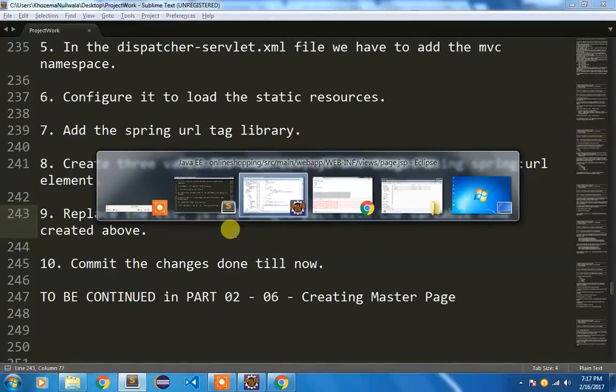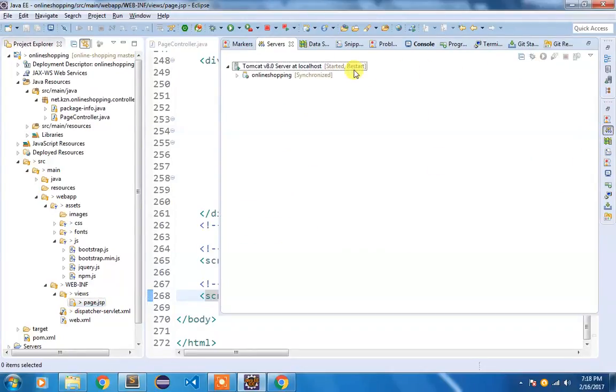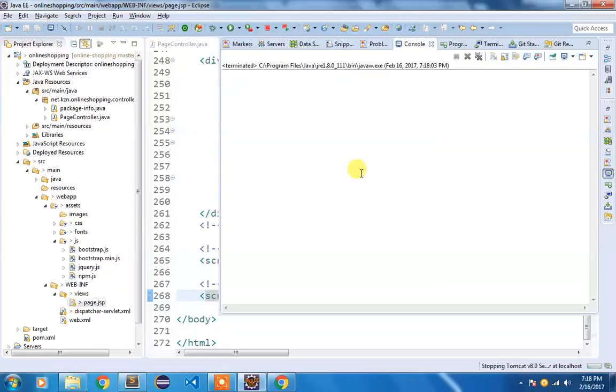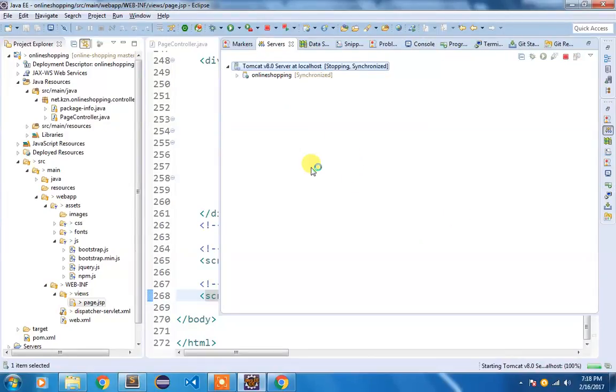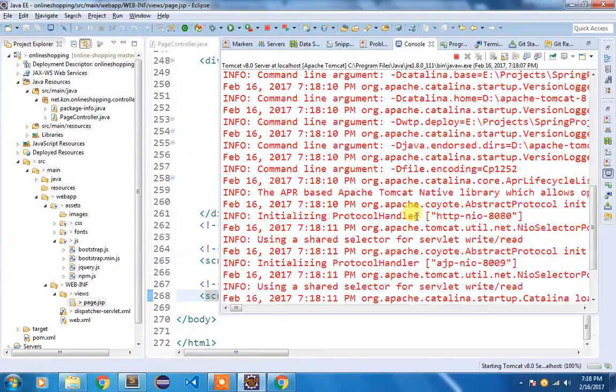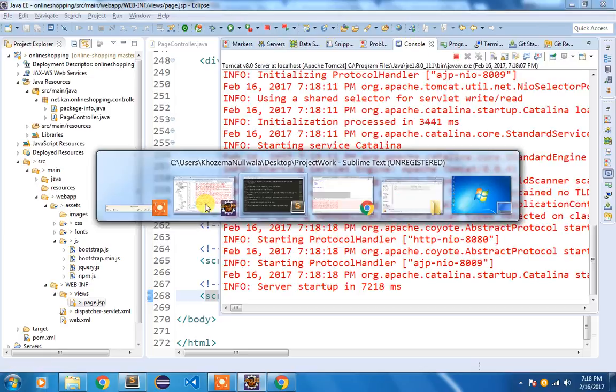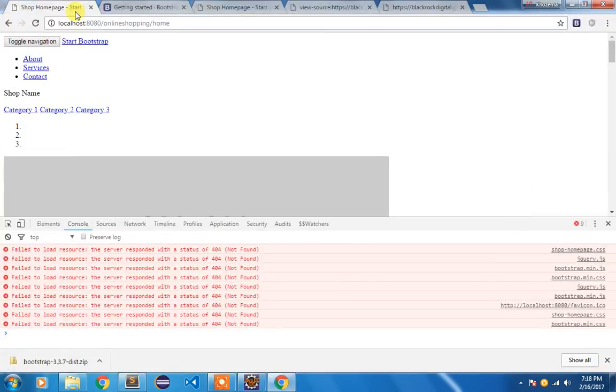Now the time has come to test whatever we've done till now. I'm gonna open my server and simply click and restart this server. Open my console to check for any errors. Okay, there are no errors in this console. Now I'm gonna refresh this URL.